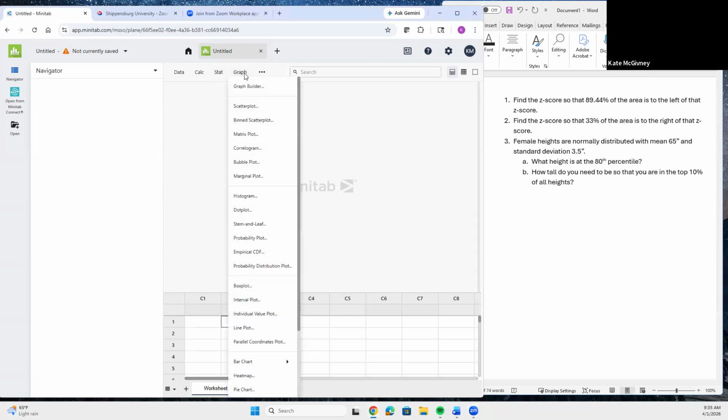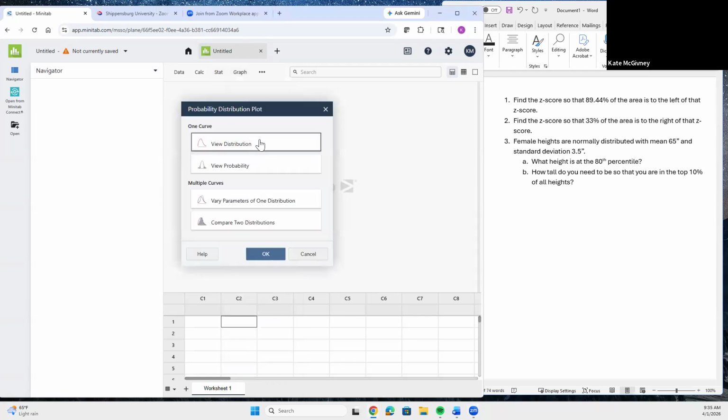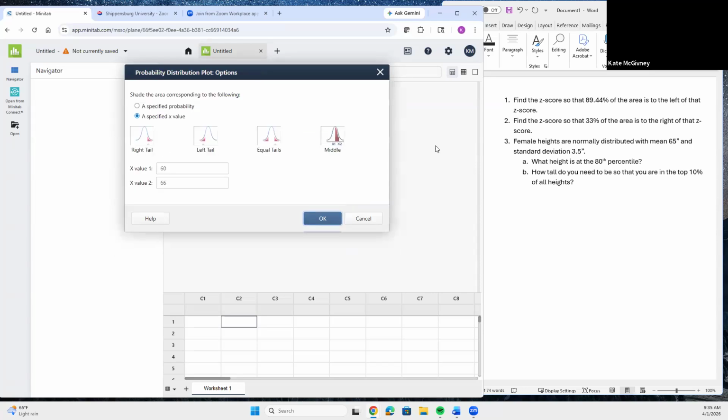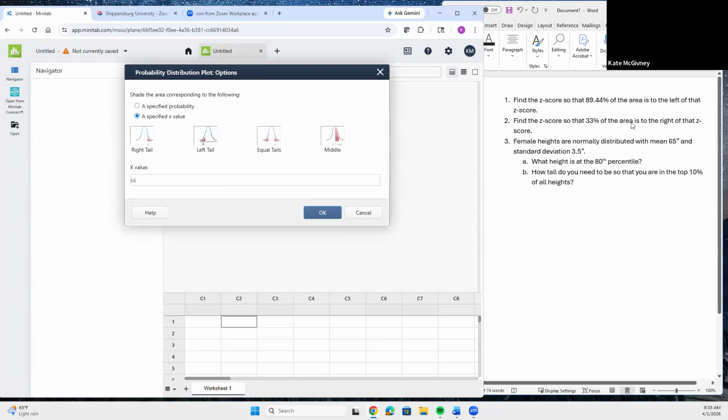So if you go to Graph, Probability Distribution Plot, View Probability, and then go to the standard normal. This is like what your z-table is, mean 0, standard deviation 1. And under Options, we want to find the area to the left of a z-score. So we're going to want a left tail. And this is a backwards problem. We want the shaded area under the curve, that shaded area, to be